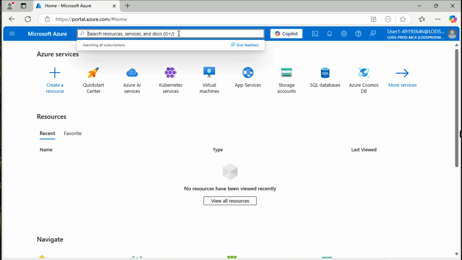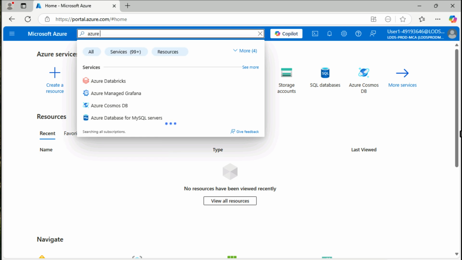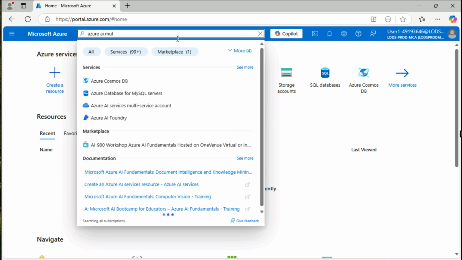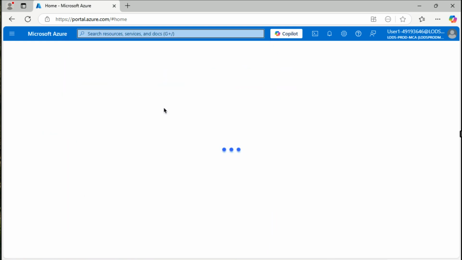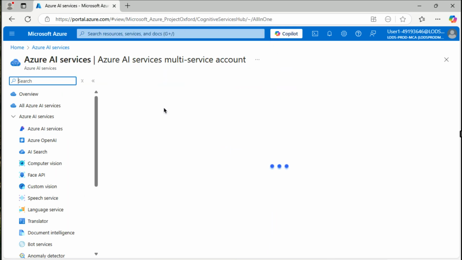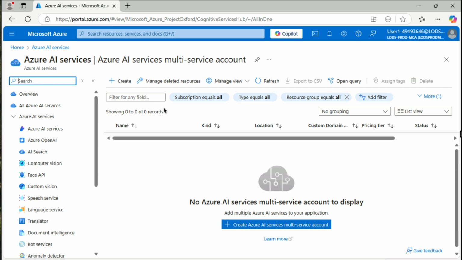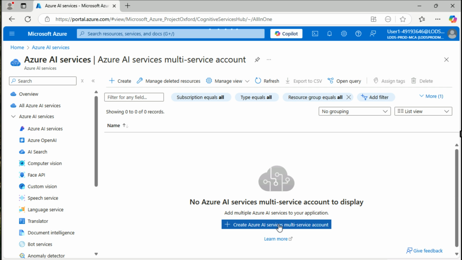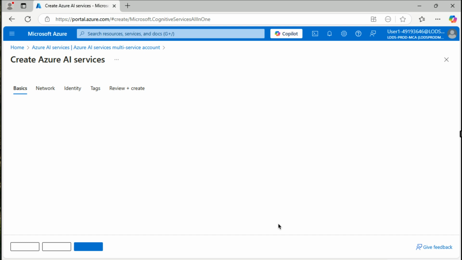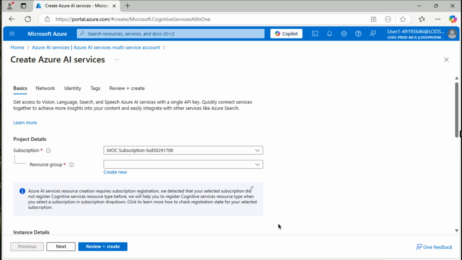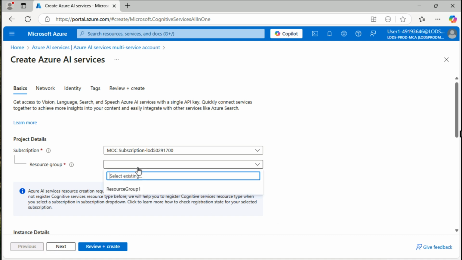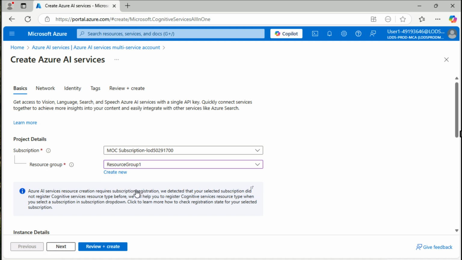So what we want for most of the labs is an Azure AI multi-services account. In general, this is what you will use if you do testing of stuff, right? So see here, we create one resource, a multi-service account that we can use for multiple different Azure AI services, like vision and speech and so on. So again, in each lab, I will presume that you have already created this,